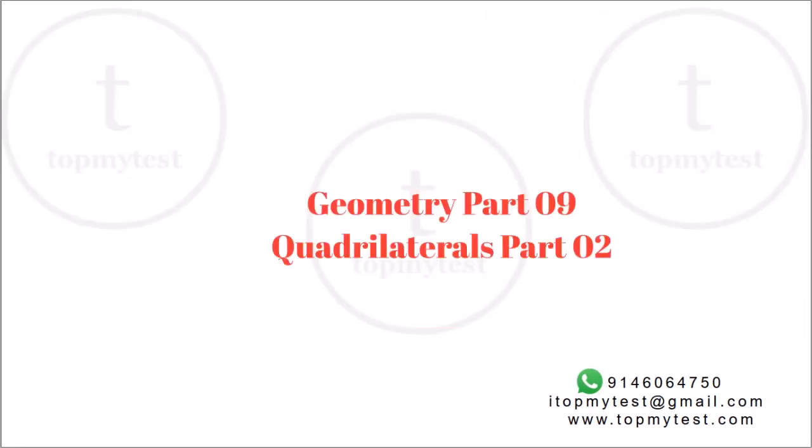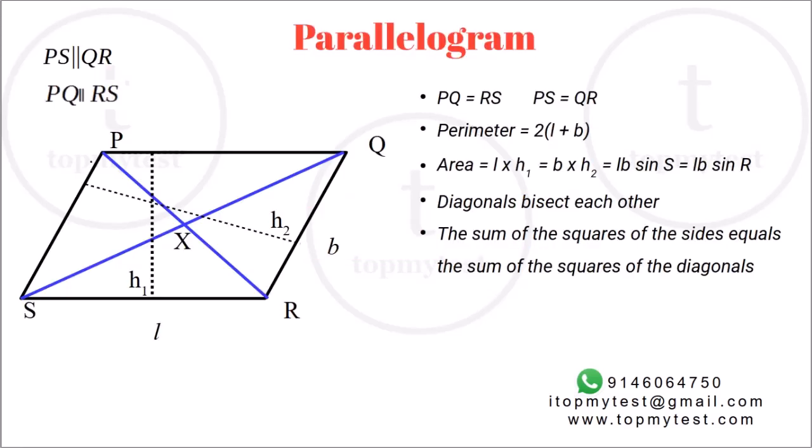In the previous session, we had looked at the basics of quadrilaterals and we had reached parallelograms by putting restrictions on the quadrilateral. Now we'll proceed further from a parallelogram. In a parallelogram, we know that the opposing sets of sides are parallel and equal in length. We cannot do much with the sides anymore, right? We cannot make a third set of sides parallel. So there are two ways to proceed from a parallelogram.